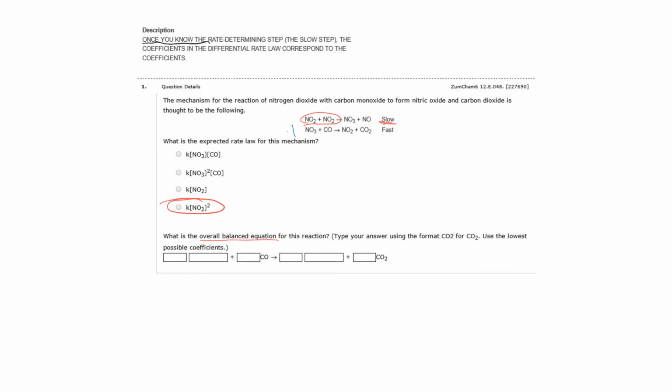Next, they ask us for an overall balanced equation. They just want to see, can you cross out catalysts and reaction intermediates? If we add these two steps in a mechanism together, looking for things to cross out, first of all, I see that NO3 is produced and then consumed, and at least one of the NO2 molecules is reproduced at the end. So if we add all of that up,